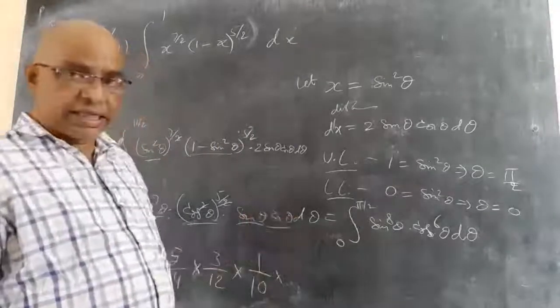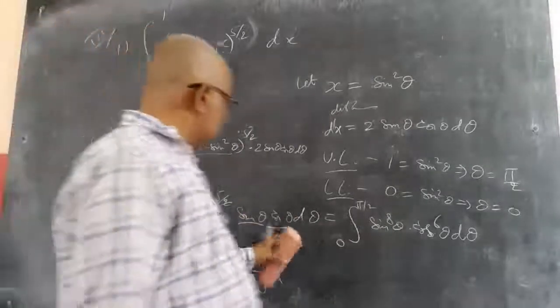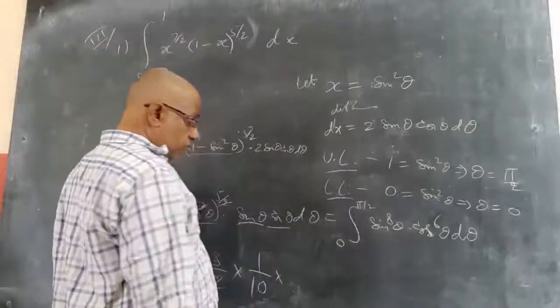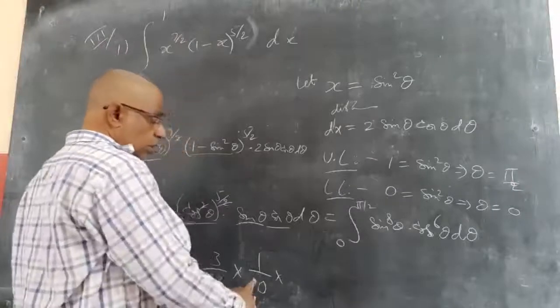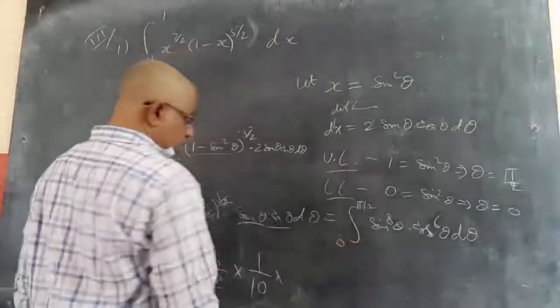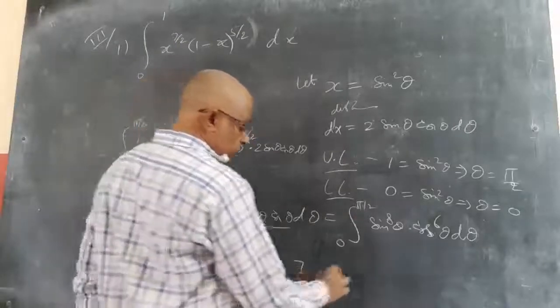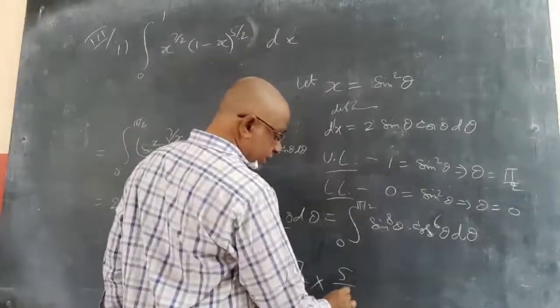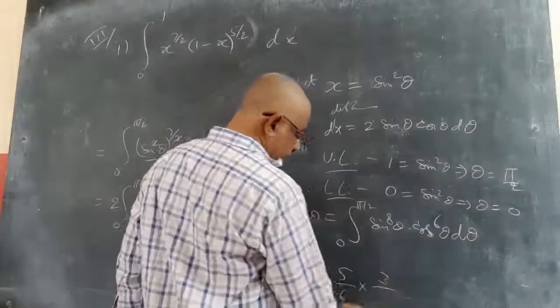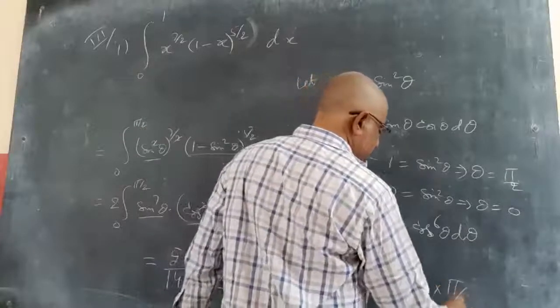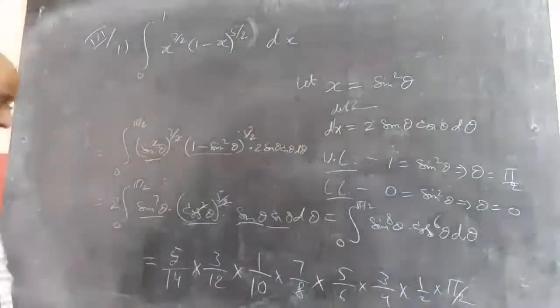Previously we got 2 by, that is a mistake. That's why I cross-checked it. So this is cos power 6 actually. Now 1 by 10. So 1 by 10 into, now we should go for the sin formula. Sin is 8. 8 minus 1, 7 by 8 into, reducing to 5 by 6 into 3 by 4 into 1 by 2. Whenever you get 1 by 2, keep 5 by 2 I told. So this is the final result.